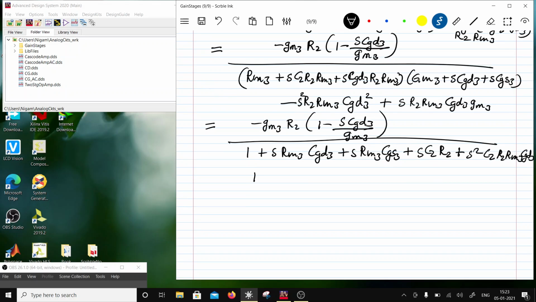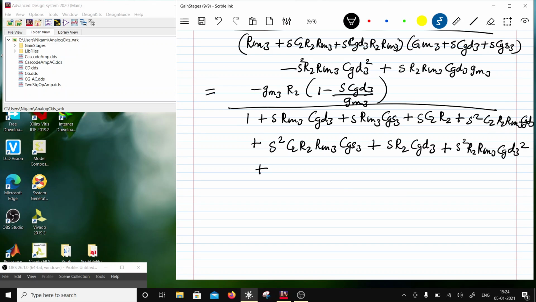okay, plus second term, right, S square times of C2 R2 Rn3 times of CGS3 plus, now I'm going to do the last term multiplying it, S Rn3 will go away with Gm3, so we'll have R2 CGD3 plus I would have S R2 Rn3 CGD3 square, S square R2 Rn3 CGD3 square plus S square times of C2 R2 Rn3 times of, so it will be S square CGD3 CGS3,